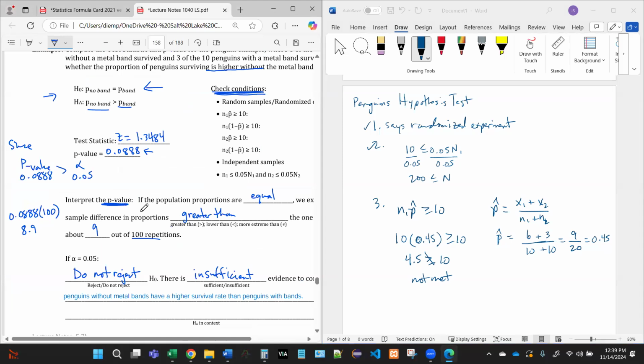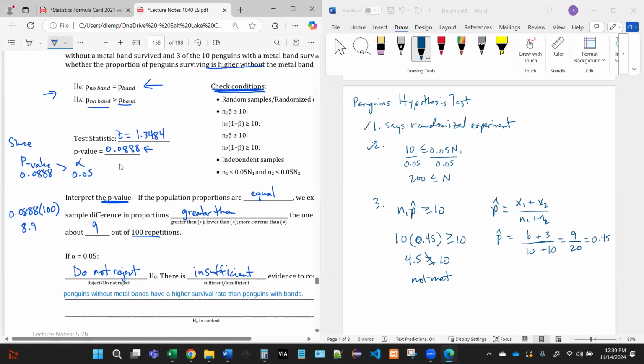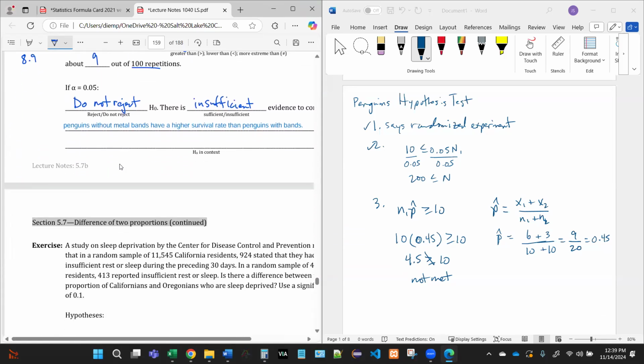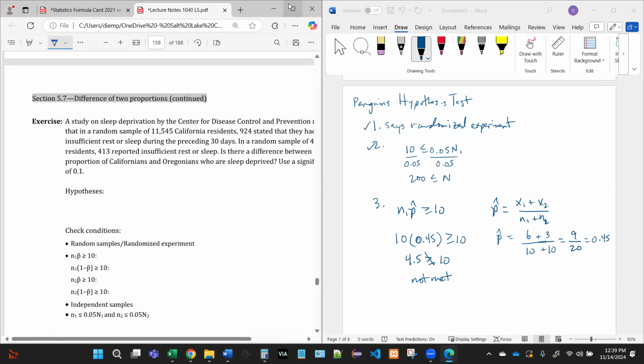We're getting a little bit low on time. This section does take a while because of all of the conditions that have to be met. So in our last 11 minutes here, I want you guys to try one of these problems. Any questions here about this? I think that most of the details will make sense to you pretty quickly because, like I said, this is our fourth or fifth time through hypothesis testing.